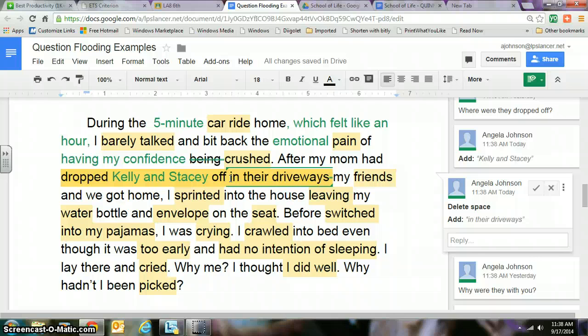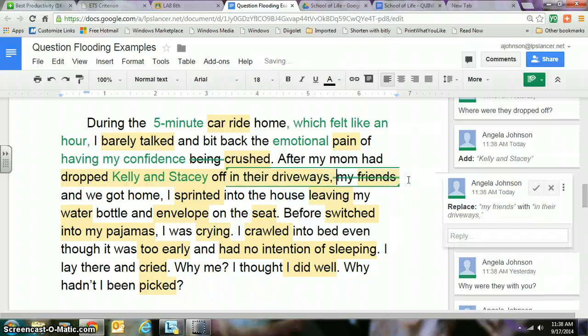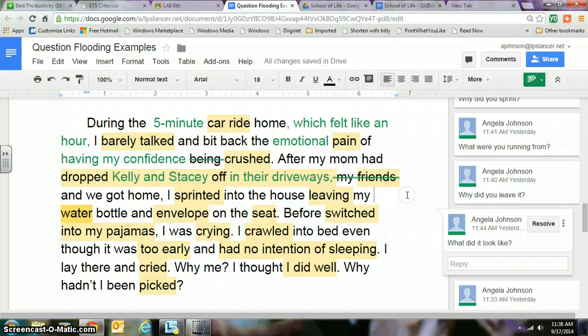After my mom had dropped Kelly and Stacy off in their driveways, my friends, now I can get rid of my friends because I don't need that. I've got their names. So I'm going to highlight it and click backspace. And what it does is it crosses it out. So after my mom had dropped Kelly and Stacy off in their driveways and we got home, I sprinted into